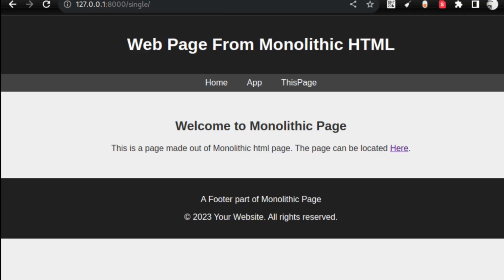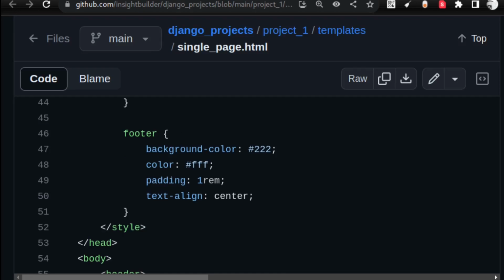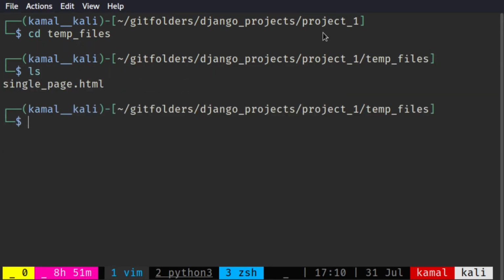Also, the process that I showed you of how to segregate the single HTML file into multiple files, this is something we are going to do right now for this page. So let's start segregating it. Let's go to the CLI. And in the CLI, I've already copied the single_page. So if you go here, there is